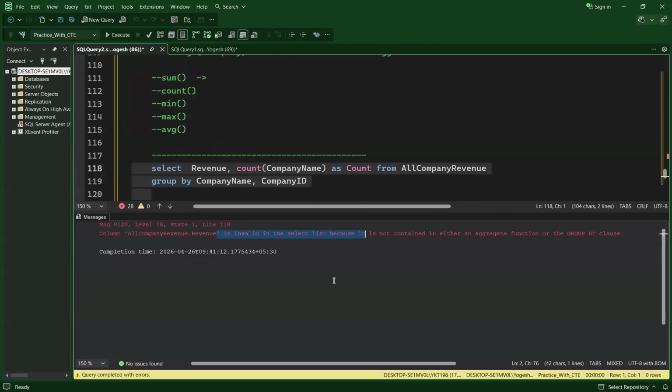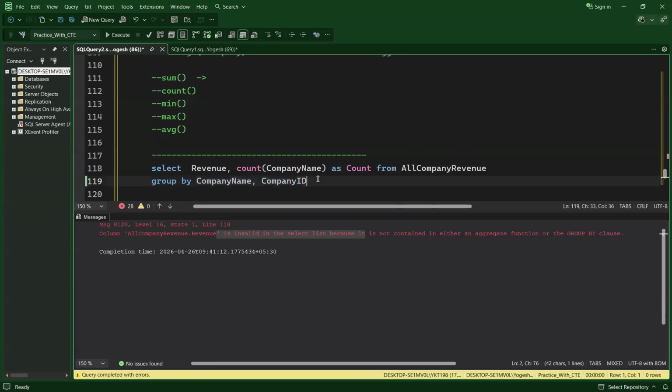It means, guys, you cannot use any other column in your select statement which is not part of your group by. Okay. So that statement must be very clear to all of you. You cannot use any column in your select statement which is not part of your group by